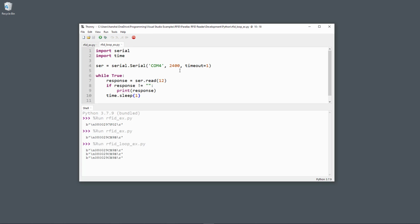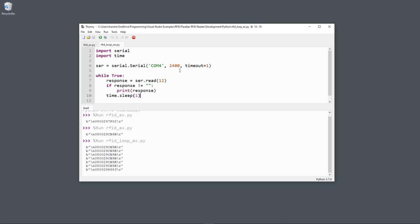So now I put a new card on top of the reader, and then you see I remove it and put a new card on top, and then you see I'm receiving different unique tag IDs here. So then I just put another unique tag ID on top of the reader,